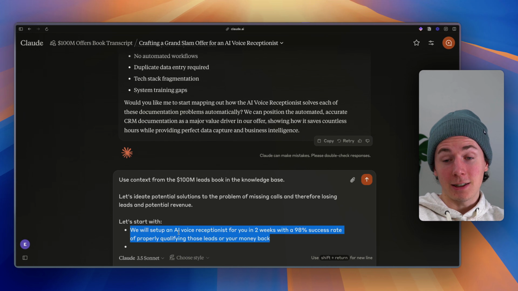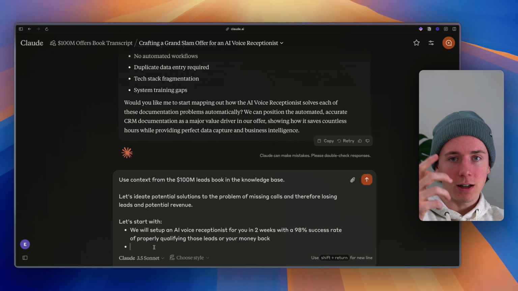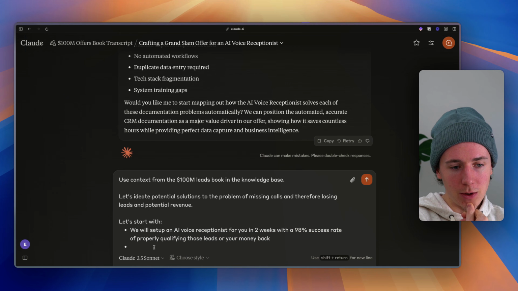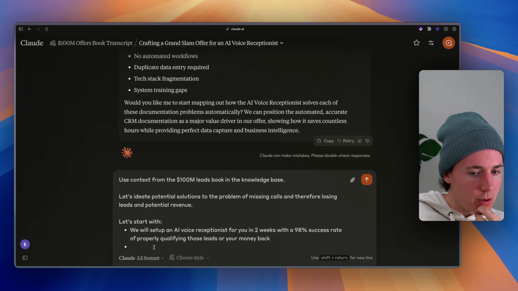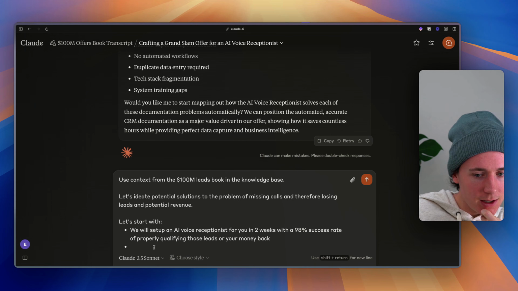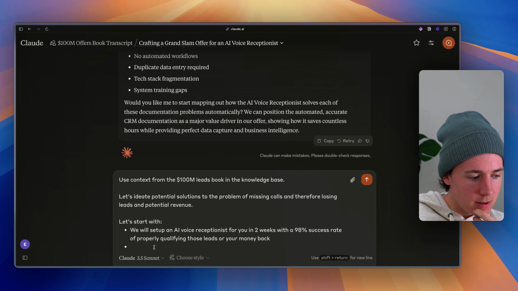So I'm not sure if this is actually what I want to do, but I'm just trying to get in the mindset of, what are the actual potential solutions to this? And so the next one's going to be, all right, we will set up an AI voice receptionist for you in 2 weeks with a 98% success rate. The next one's going to be,